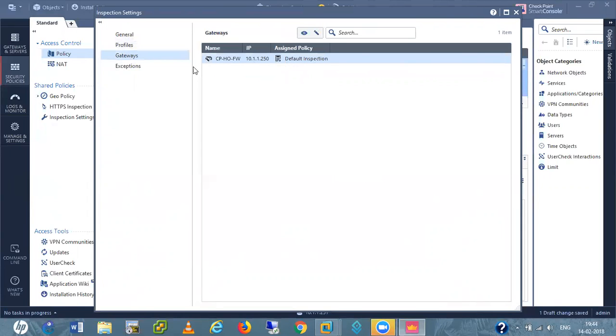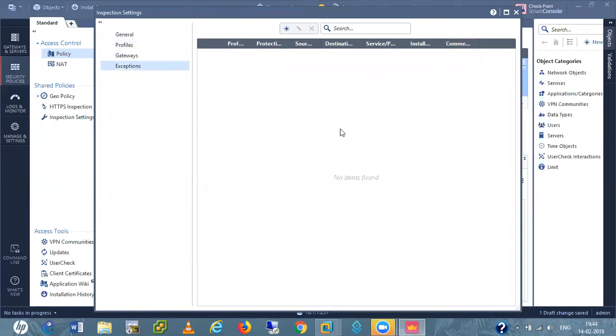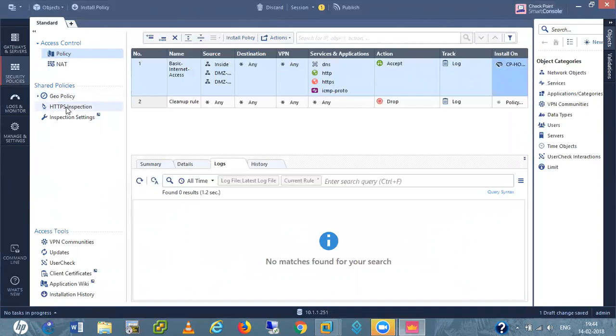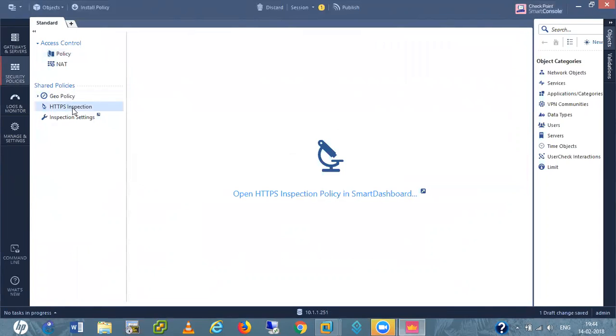Right now we have only one gateway. Exceptions. So these are the things we are getting here. Let me go into HTTPS inspection here. Open HTTPS inspection policy in SmartDashboard. So I am just clicking here. Now SmartDashboard will open.